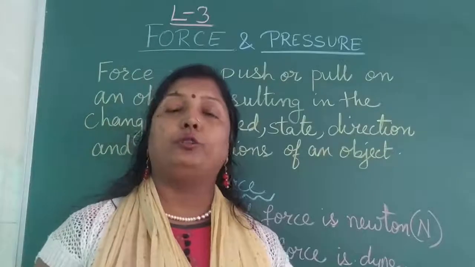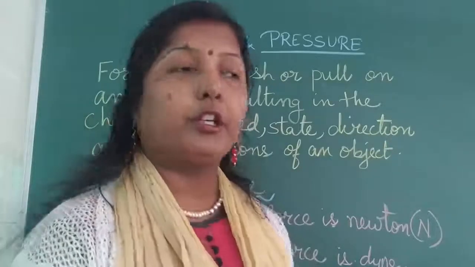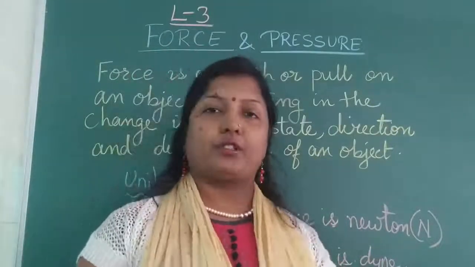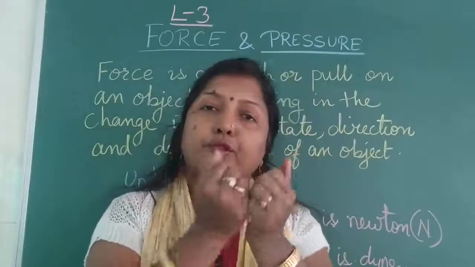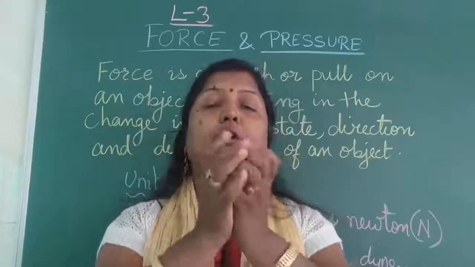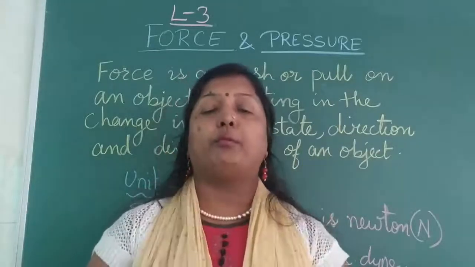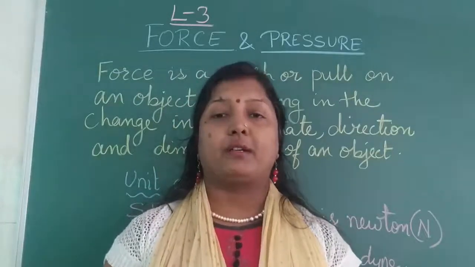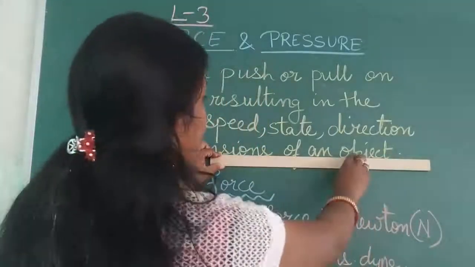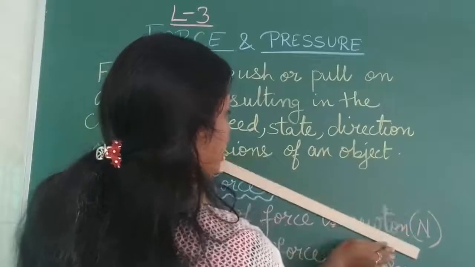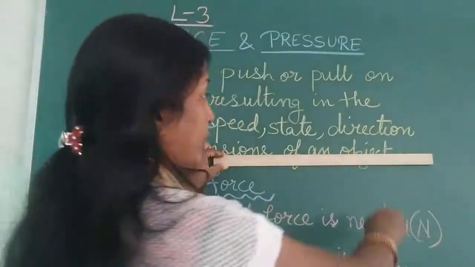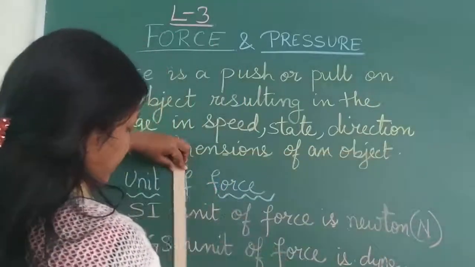Now, what is new about force? Here we will be talking about when a force is applied. When you push something, it moves in the direction of the force, or when you pull something, it moves towards you. So when you are pushing or pulling something, it moves either away from you or closer to you. The whole of the body moves. But suppose a body is fixed about a point. For example, I take this scale, I fix it about a point, and now I try to push or move it. Now what is happening? Is it moving in a straight line? No, you can see it's not moving in a straight line.